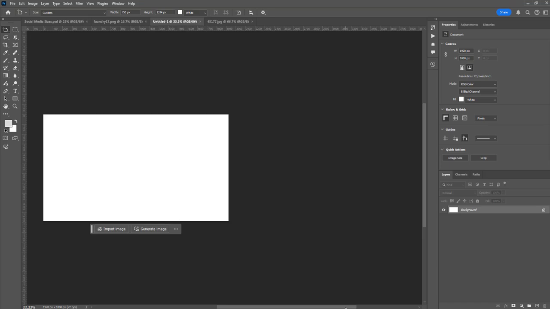Each ad has different sizes for mobile, desktop, and tablet. So this is what I use for them to check easily the placement of the images in different sizes. So here, just select artboard.